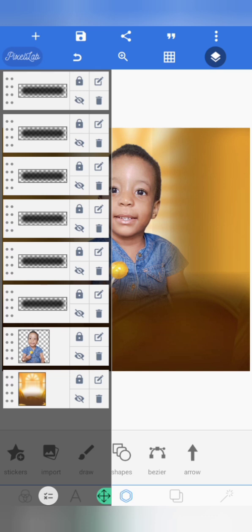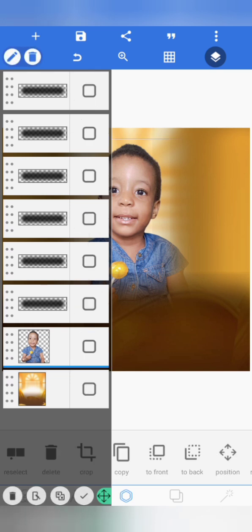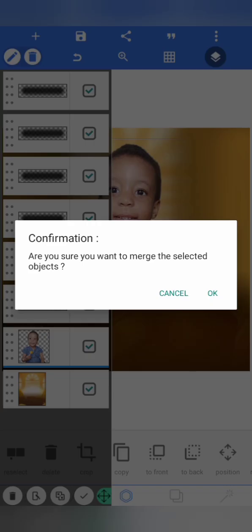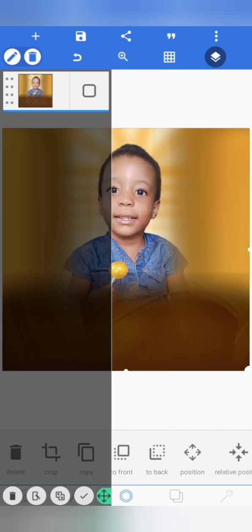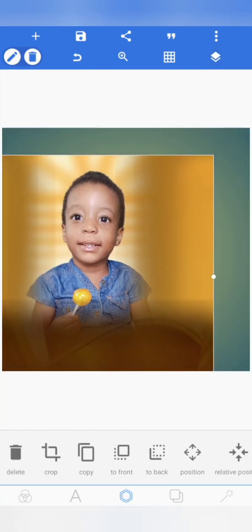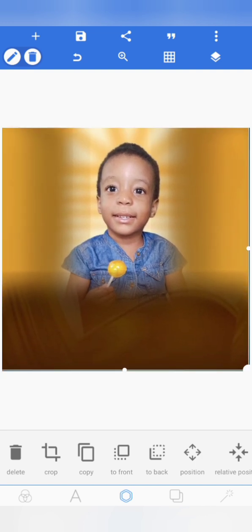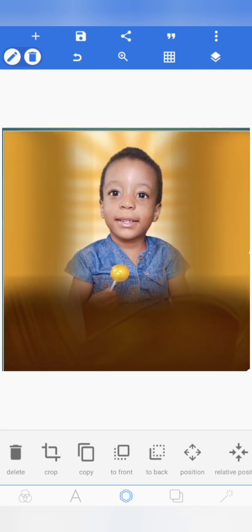So I click on my lock. So I selected everything and I click on merge. I press OK. So can you see? That's how I blend the background with the